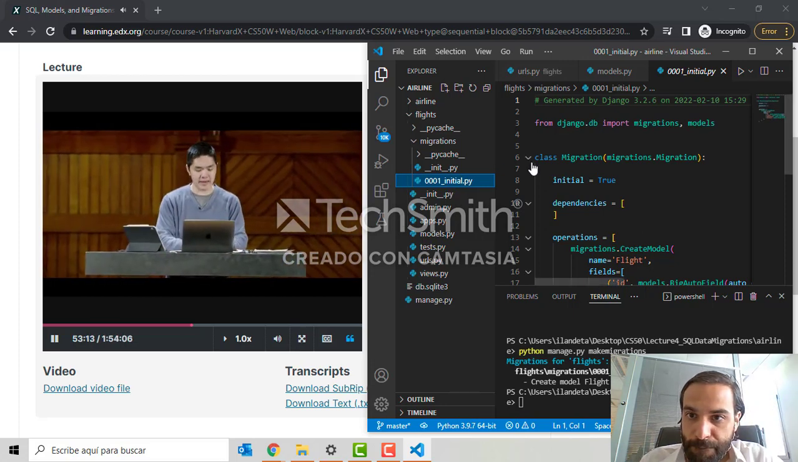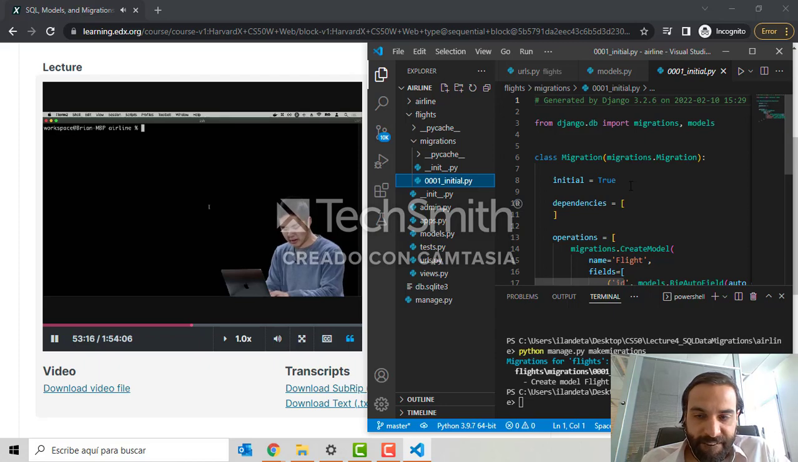And now if I want to apply the migration, actually apply it to Django's database,